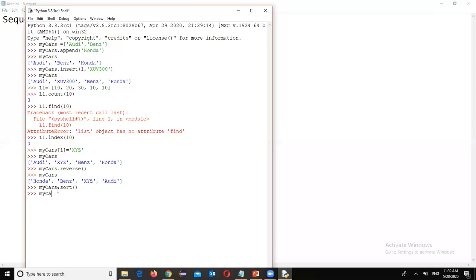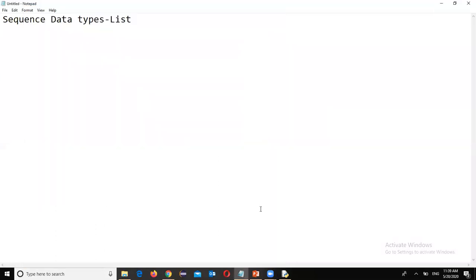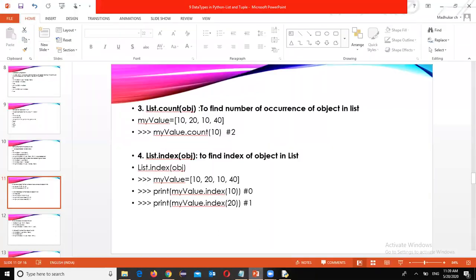Now my cars in alphabetical order. Now see the difference: reverse versus sort. If you want to set alphabetical order, sort we are going to use. Now here append, insert, then index, then reverse, sort. These are the different kinds of methods. So try to practice these things more.